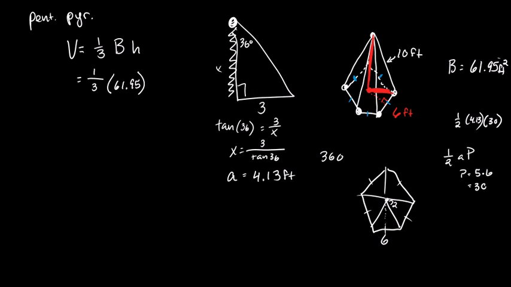So for this triangle that I drew, I need to find my hypotenuse. Now that I have found my apothem, I can use the Pythagorean theorem: 3 squared plus 4.13 squared should equal c squared. And this hypotenuse here would come out to